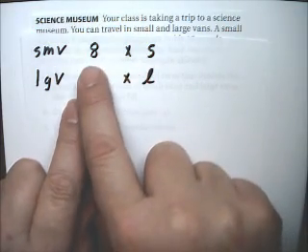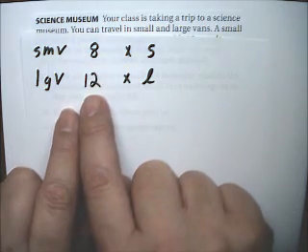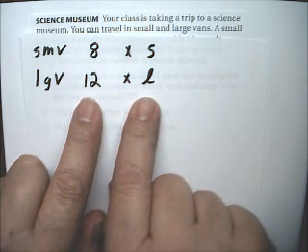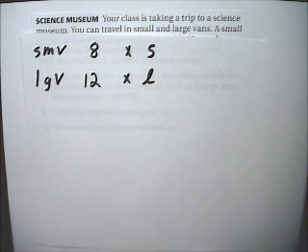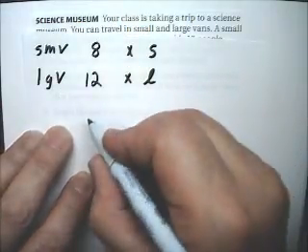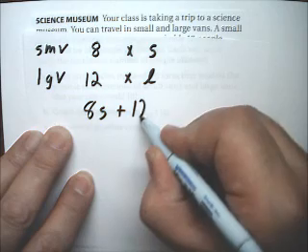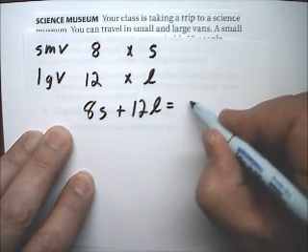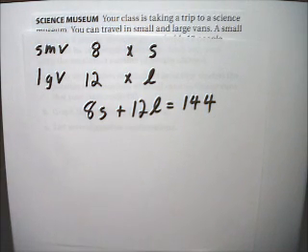If S is the number of small vans, that's going to be times 8, because there'll be 8 people in each one of those. And the same thing here. It'll be 12 times L if L is the number of large vans. And altogether, that has to add up to all of the people, which is 144. So 8S plus 12L equals 144. So that is our equation,